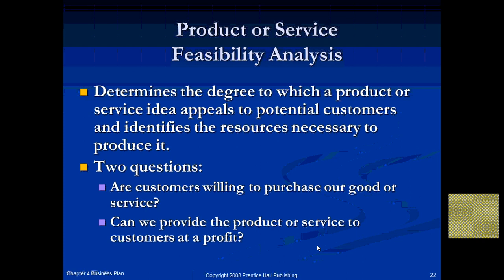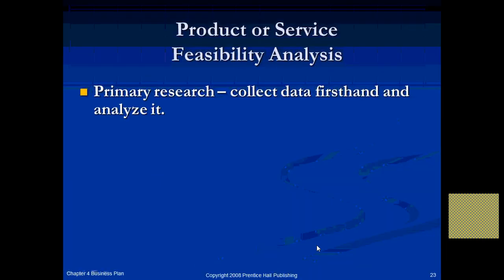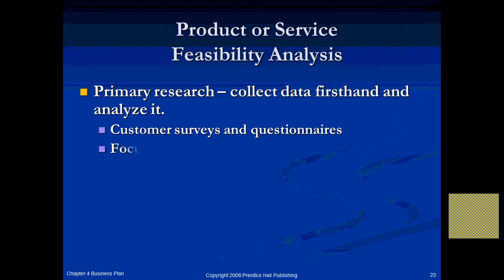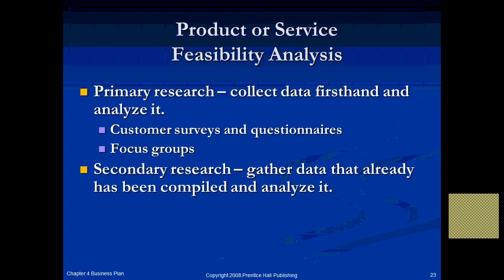So how are you going to answer these questions now? We have to conduct primary research, and probably by extension we would have to do secondary research. And as you know, primary research is collecting data firsthand and analyzing it. So we probably would have to do customer surveys. We probably would have to do focus groups as you would have done in your marketing. And of course, it is less expensive to look at secondary research to gather data that already has been compiled and analyze it,